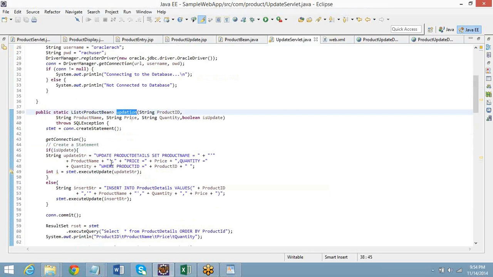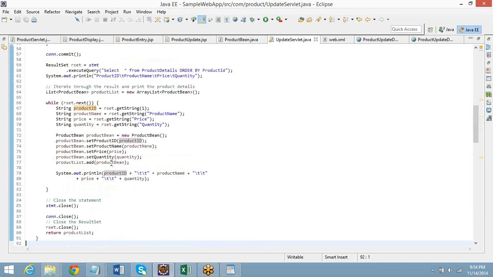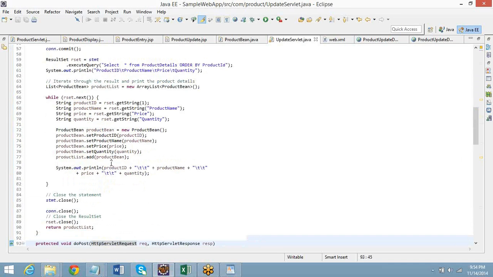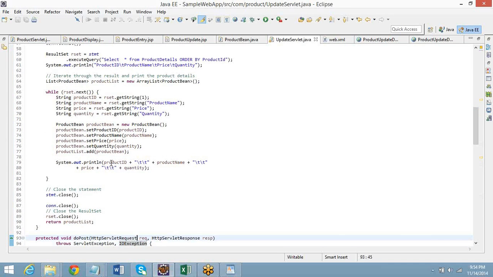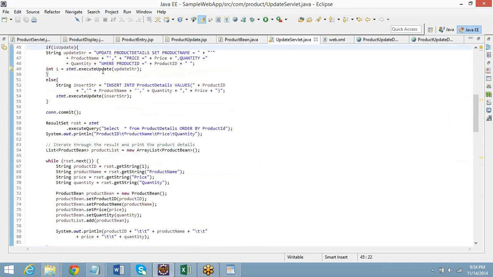Go a little down. Click on that updation method. Go to wherever it is used.